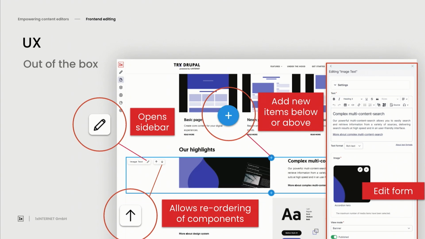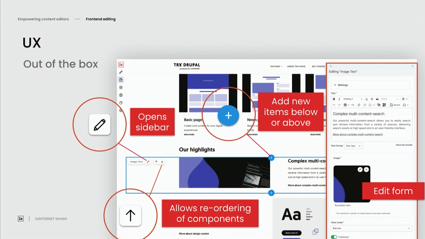but I really want to get the point across that we're not reinventing anything here. This is just a standard Drupal form with standard Drupal elements. And what that means is we're not removing any of the existing functionality that you get with your content editing experience on these form pages, but really we are making it easier and more accessible to access these forms by putting it directly on the content page where you can see these changes immediately. So we're not giving up any functionality, but rather making it much easier to access.